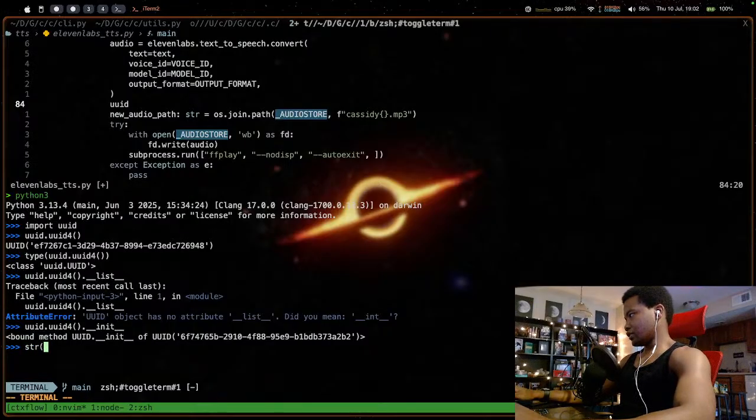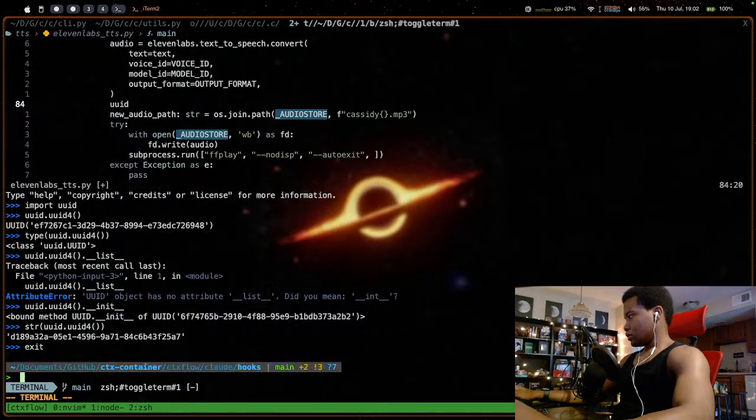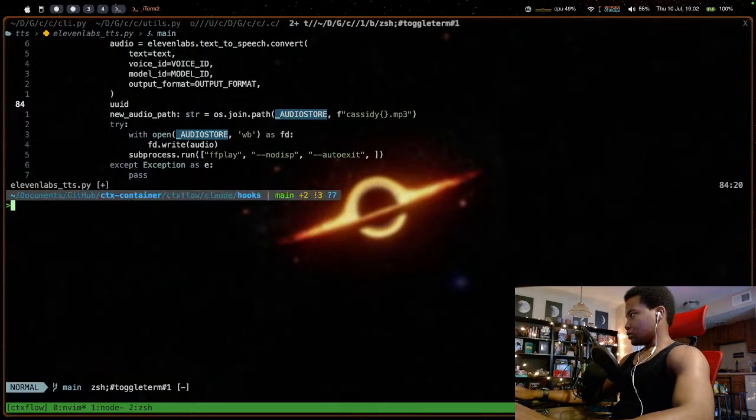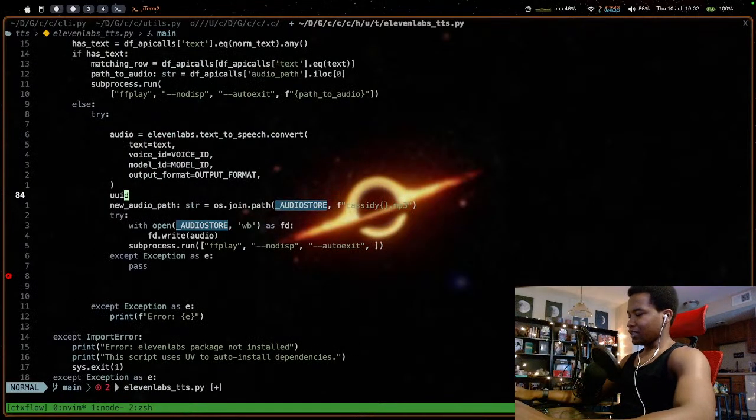So what if I str uuid.uuid4()? Okay, I guess that's what we want then. It converts. I don't know why I didn't think about it, because the REPL is literally probably just a string, so it doesn't even matter, the dunder method.